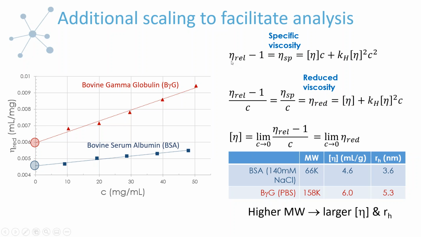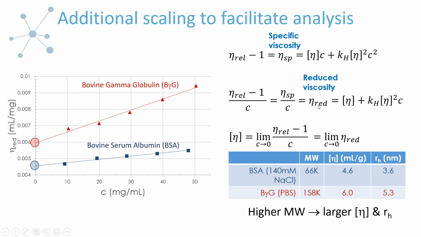So now the first thing that we do is we take the relative viscosity and we subtract 1 from this. And this is what they define as the specific viscosity. So if you wanted to handle it this way and fit a quadratic to your data, then this would be where you would stop. However, this isn't really the ideal way to go, so you can actually further then define yet another parameter and scale it further. So now scaling the specific viscosity on the concentration, and this defines the reduced viscosity.